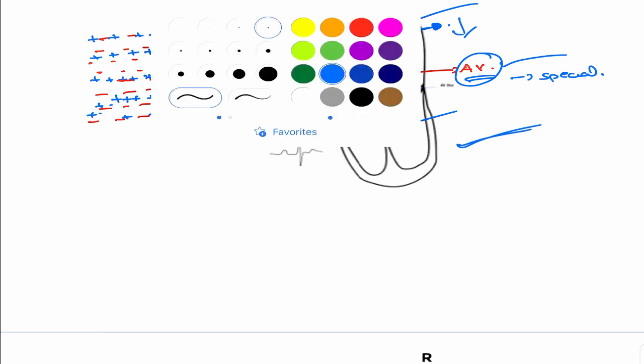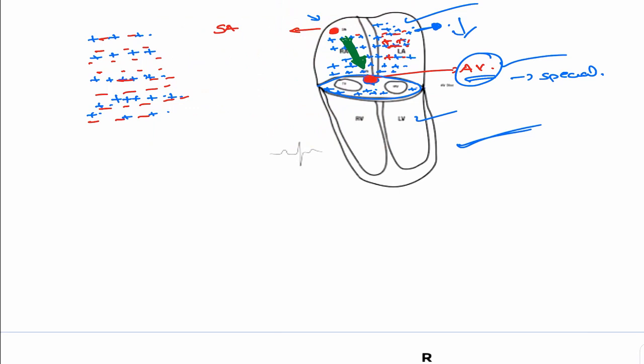Because we saw that the AV node is being depolarized, but for some reasons the electrical impulse of this AV nodal depolarization is not picked up by the ECG machine. One reason is that when you compare the entire muscles of the heart, the AV node is a very small region, so the impulse generated to be picked up by the ECG machine is very low. It's very small, that's why it doesn't pick up.